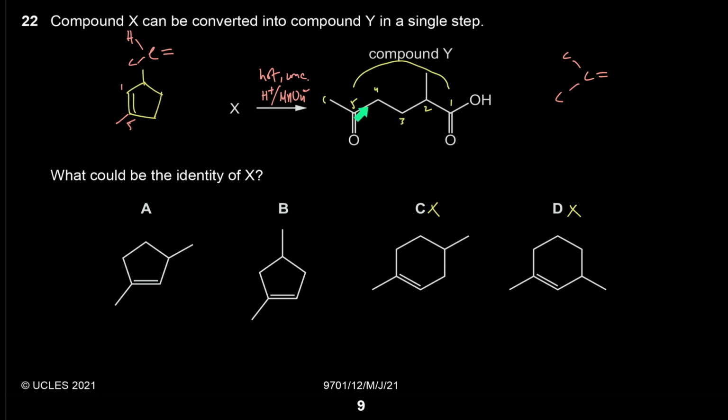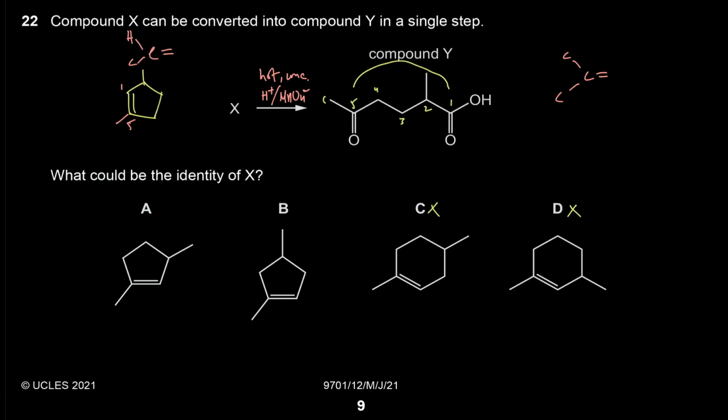Okay, so I'll repeat this. First of all, we have a 5 carbon ring, because we know that these two carbons were initially bonded. When that double bond ruptured, we produced a ketone and an acid. Now, the carbon that produces the acid had one hydrogen bonded to it. That's from strong oxidation of alkenes. And we know that the neighboring carbon had a methyl group. And we know that carbon number 5 is bonded to this ring, and it has a methyl group on it, because this carbon must have been bonded to 2 carbon atoms for us to get a ketone over here. So the answer over here is